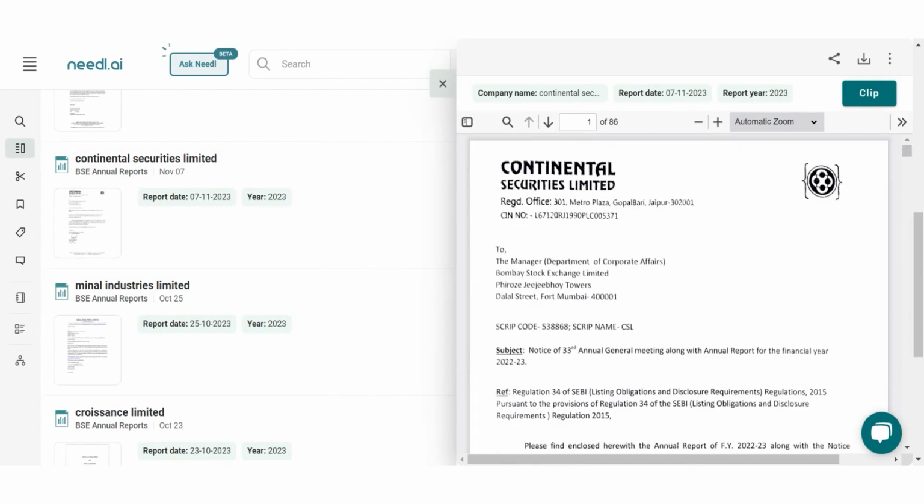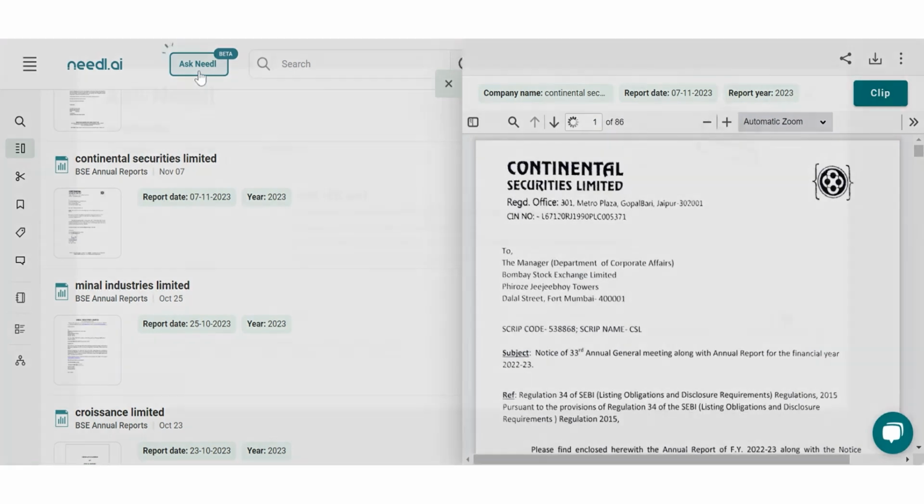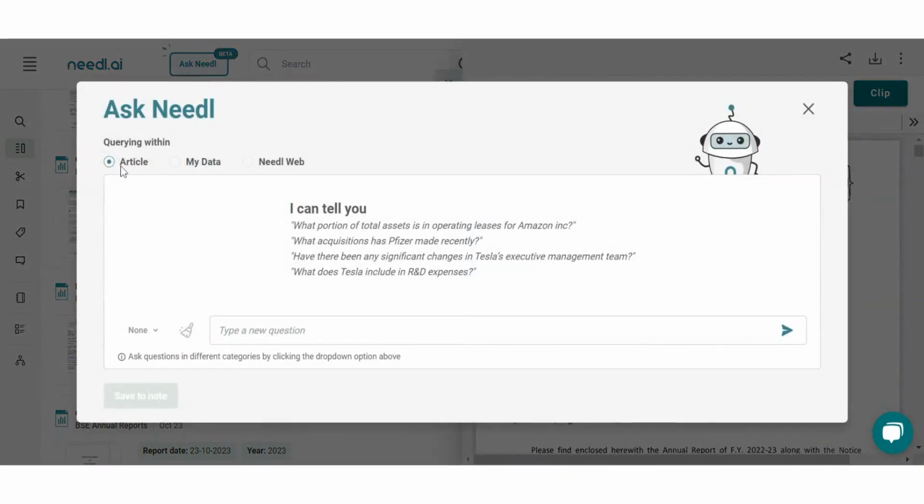As soon as I do this and then I again go and click on Ask Needle, now it will show me an option of searching in this article or this document. Let's say